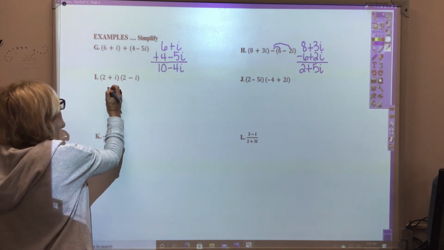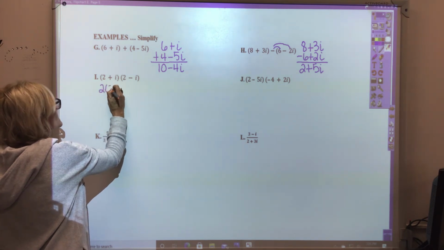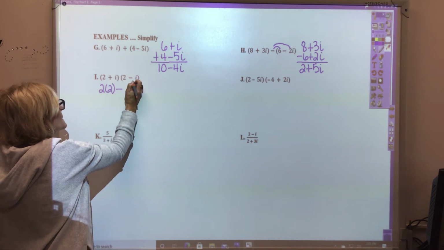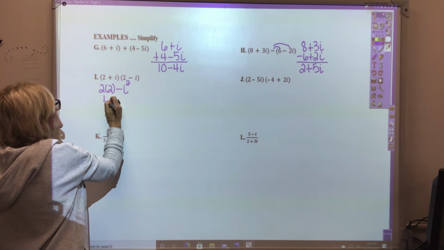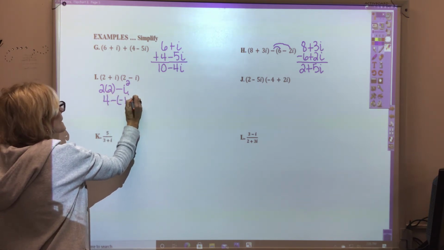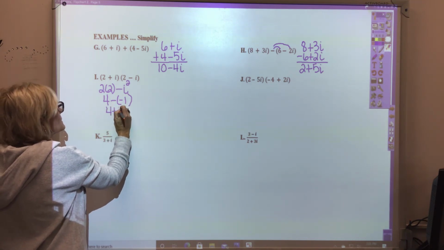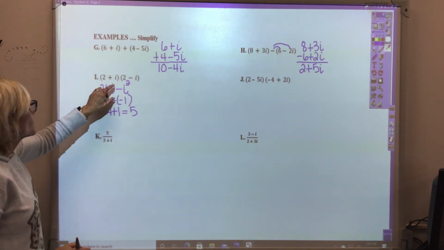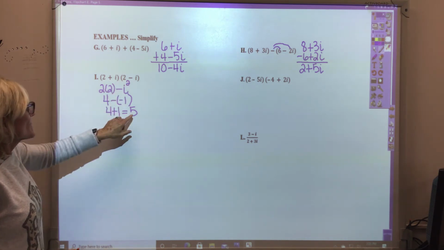You take the first two terms together, so you'd have 2 times 2 minus i times i, which is i squared. 2 times 2 is 4, minus a negative 1, since i squared is a negative 1, and 4 plus 1 gives us 5. So we just took, by multiplying, these are conjugates also, multiplying them together, and we get a